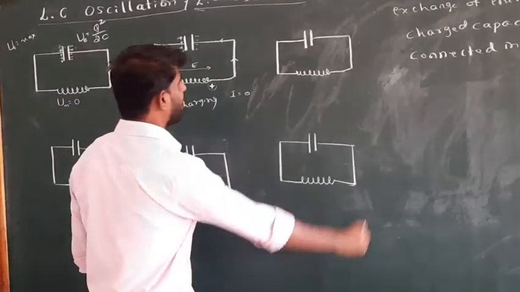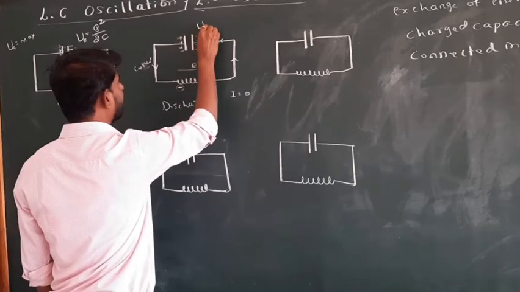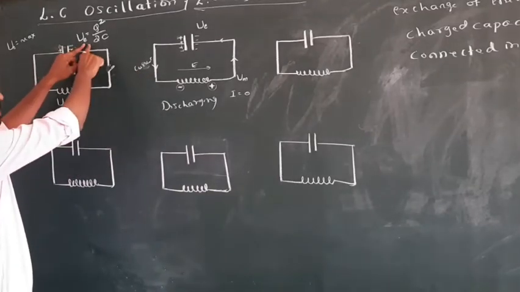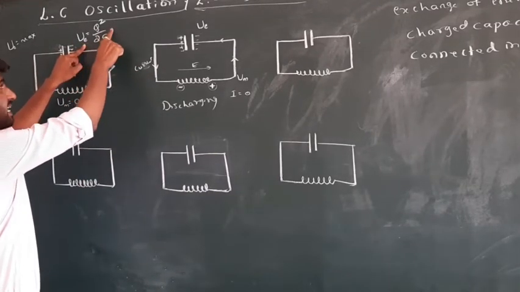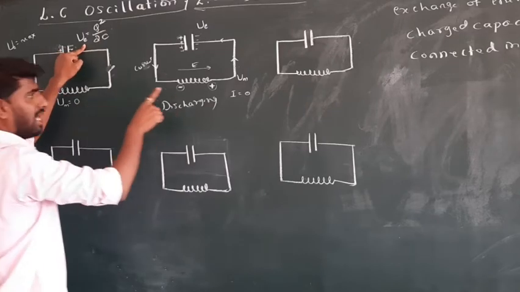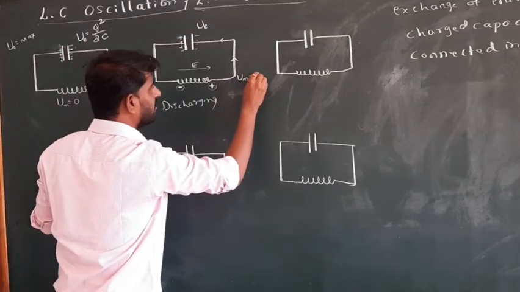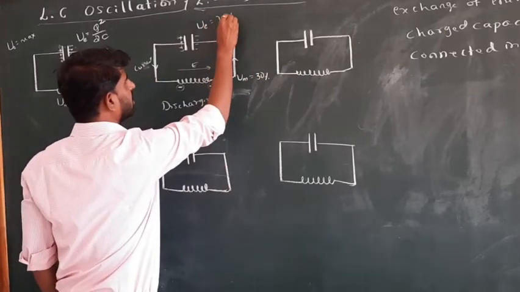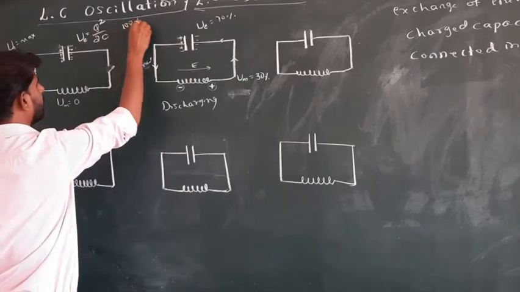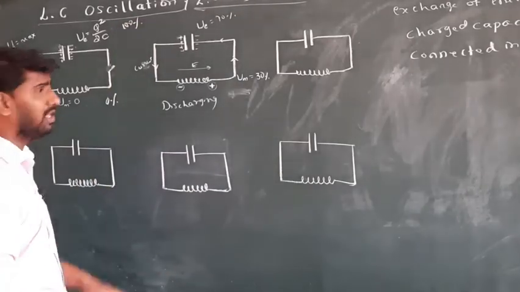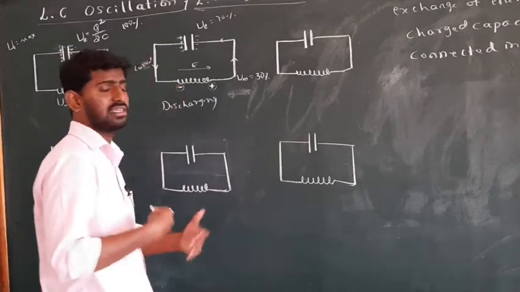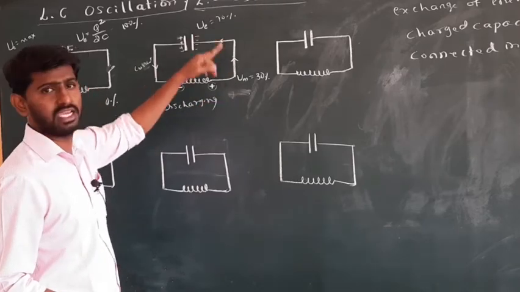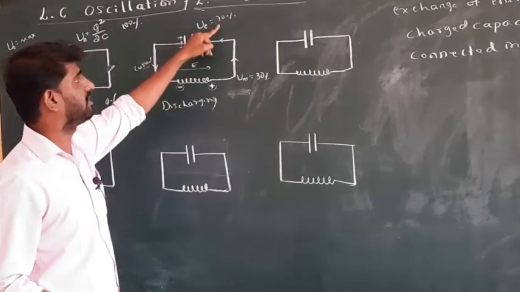Here you can observe the electric energy, and you can also observe the magnetic energy. Initially the magnetic energy was 0 and the electric energy was maximum. Now the magnetic energy has some value, say 30% of the total energy, so the remaining 70% is here. Earlier 100% was here and this was 0%. The process continues: 70% here, then 60, 40, 50, 50, 30, 70, 80, 20, 10, 90.